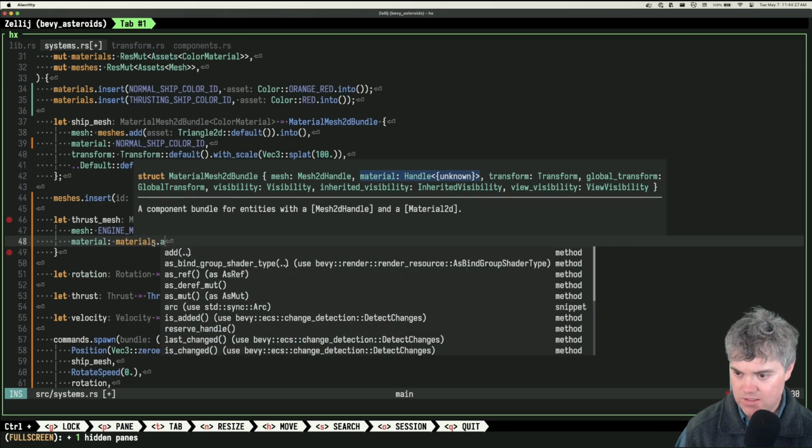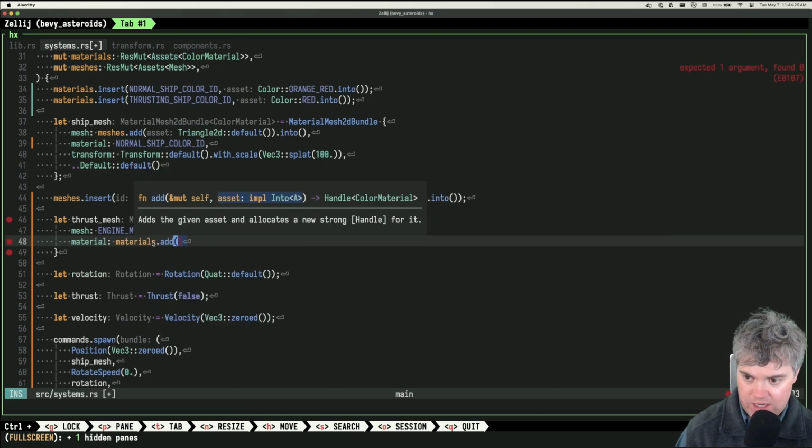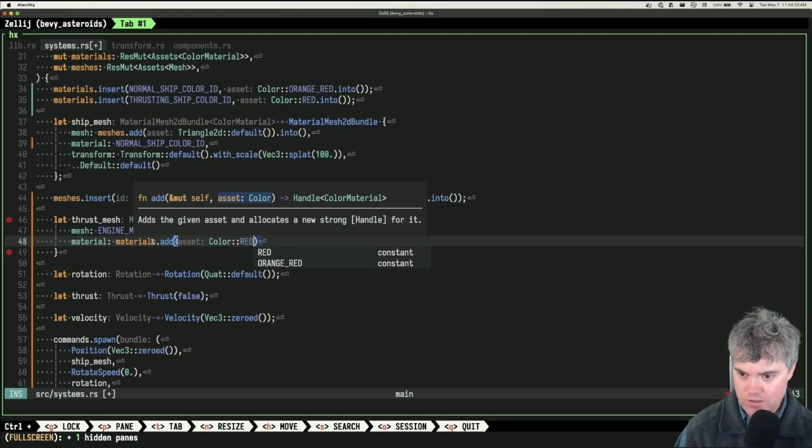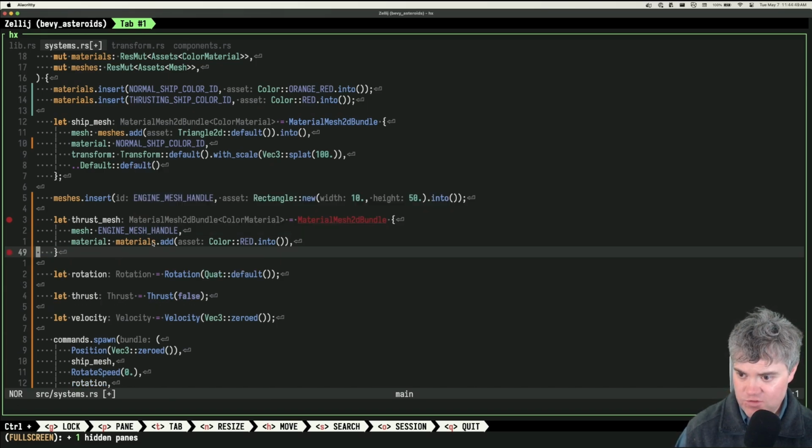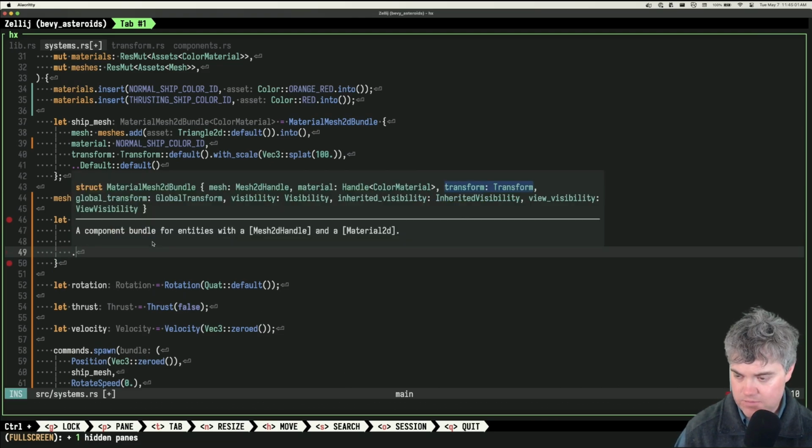Materials. Add. Asset. I want color red. Into with that. Okay. Let's transform it. Actually, I don't think I need to transform it because I made it really big already, right? So then we'll just do default.